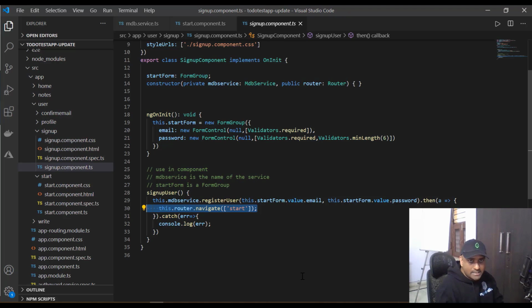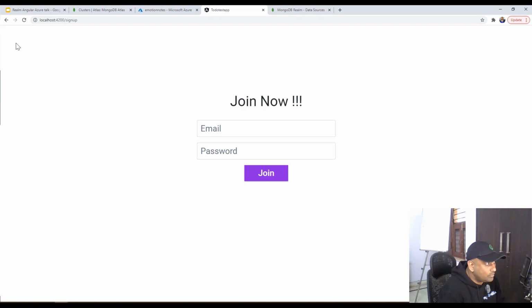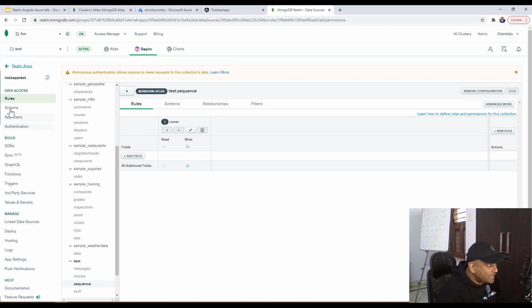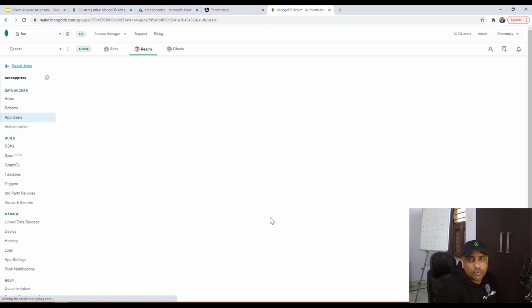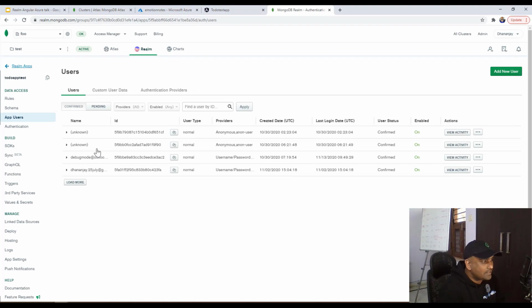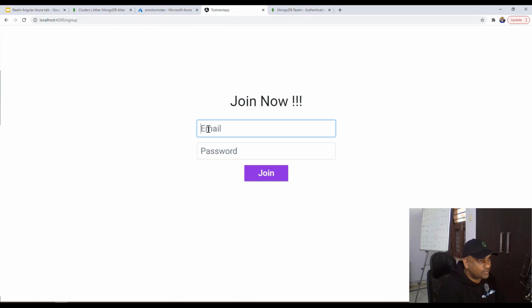Now when some user would sign up, if you go here in the realm, they would be inside the app users. In the app users, you see that I have right now debug mode Outlook and Dhananjay.25 July. When you sign up, a new user would get added here. So let me go ahead and give some ID here. Let's say Dhananjay.Kumar at,